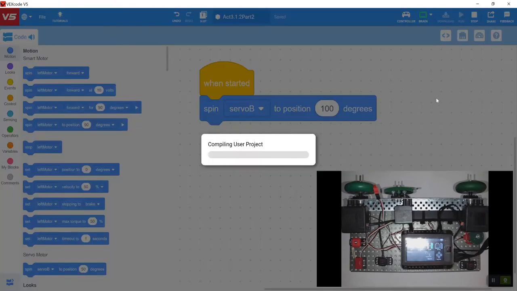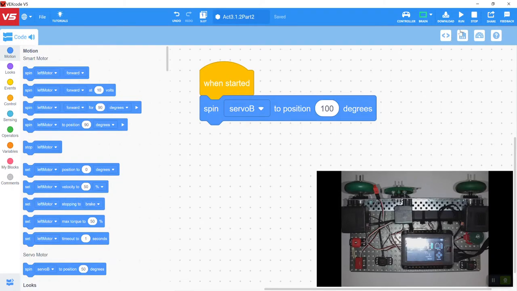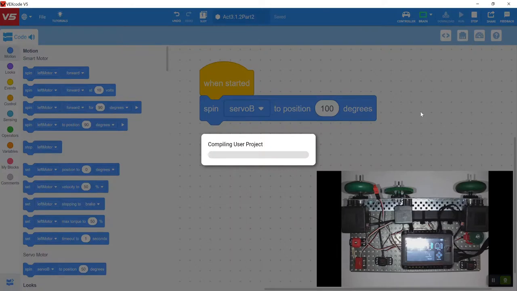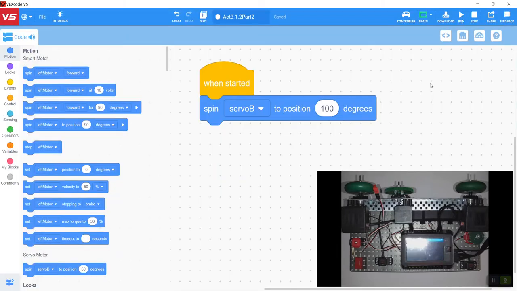So if I hit download and run, you'll see the servo is going to move to position 100. If I stop the program, you'll notice the servo will not return to the home position. Now if I download again and run, you're going to notice it just fidgets a little bit and stays right in the spot that it was. What's happening is that it's already at position 100 degrees, so if we tell it to do it again, it's not really going to move much because it's already in that particular position. So I'm going to hit stop,